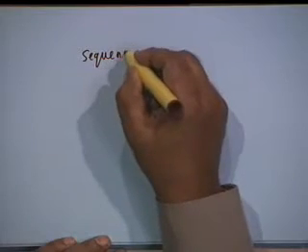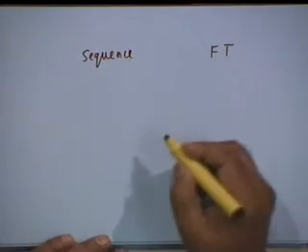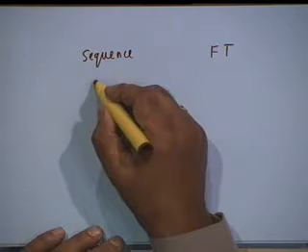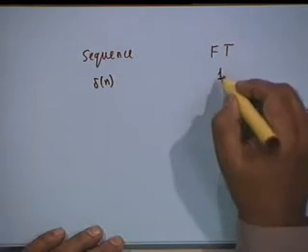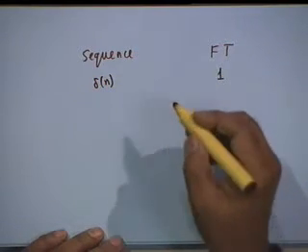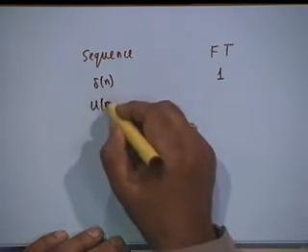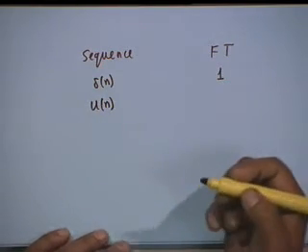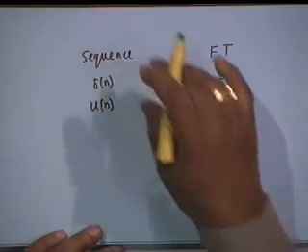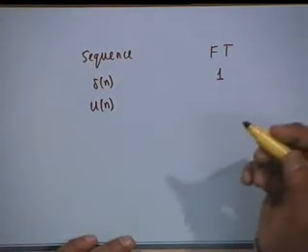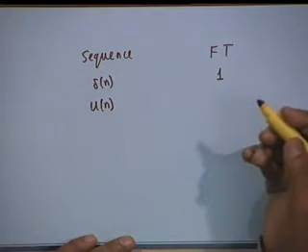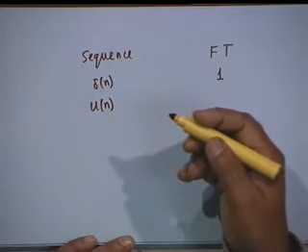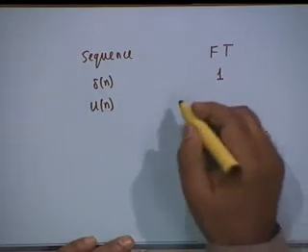For example, you should prove this yourself. Let us write a few sequences and their Fourier transform. Delta n, we have already shown this is equal to 1. Okay? u of n is a very difficult transform to prove. Oppenheim and Schafer has a proof. I suggest that you look at it, but again you can go back and prove by taking the inverse Fourier.